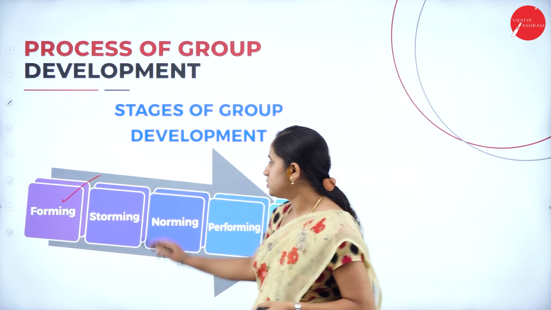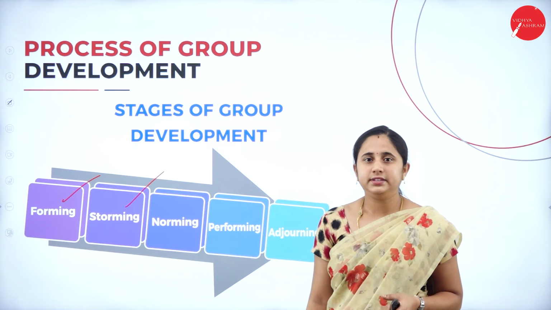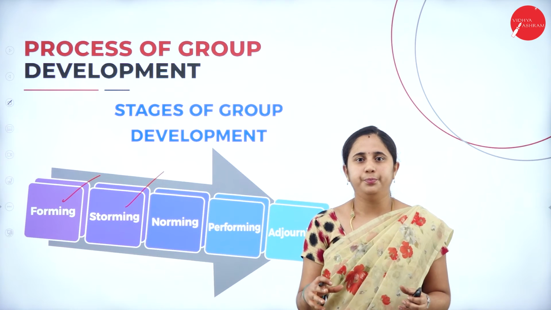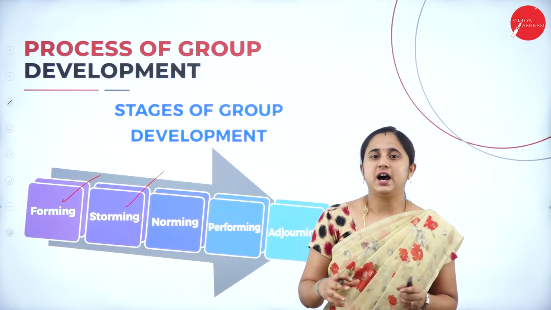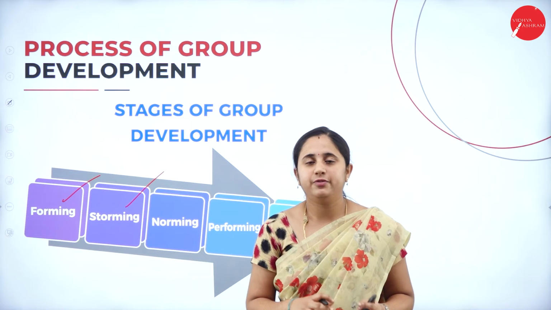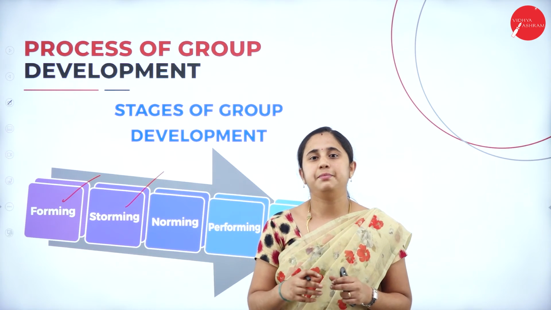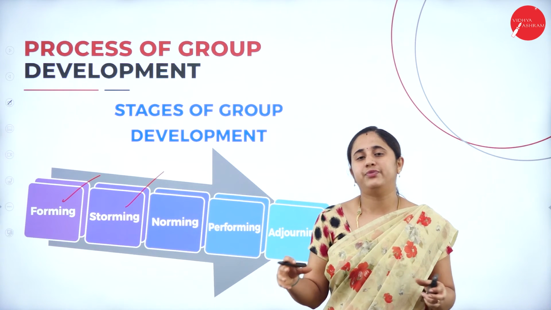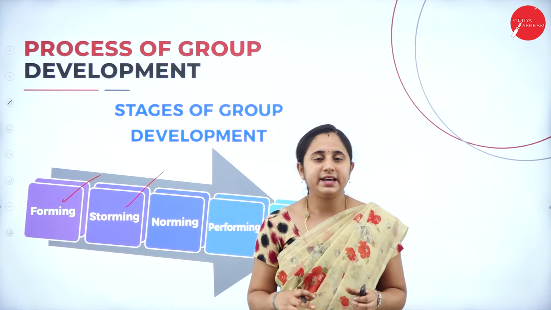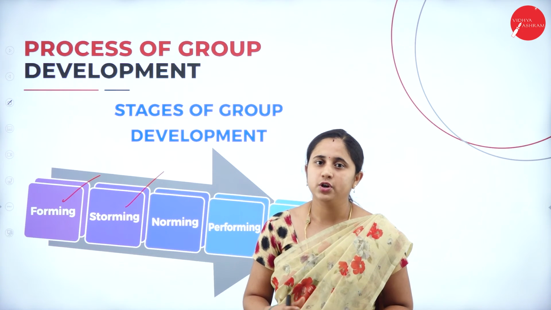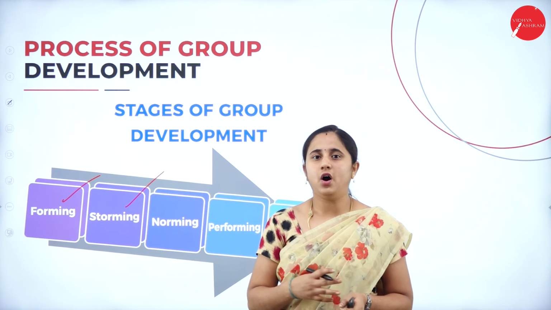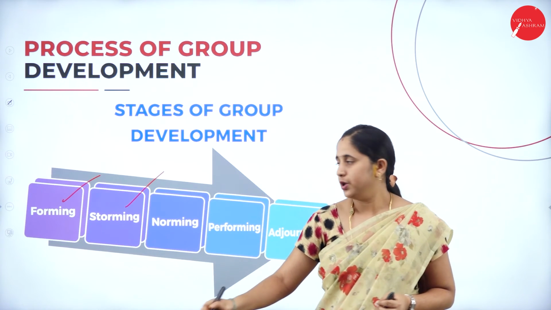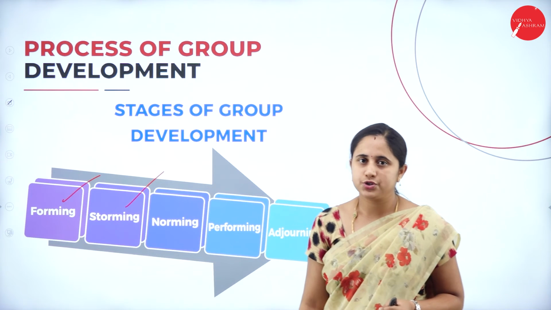After that, the next one is storming. Under this, when the group is formed, you will find other individuals whose behavior or opinions are familiar, who have similar characteristics, and who work together. You will find familiar individuals in order to interact. After that you will start sharing and connecting with that individual. So it influences the group under the storming stage.